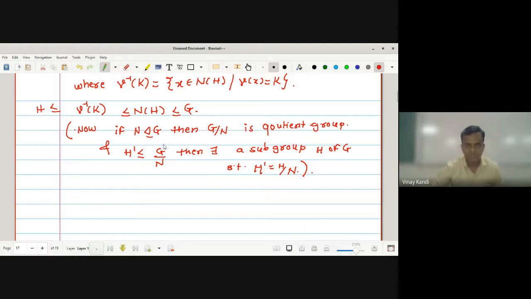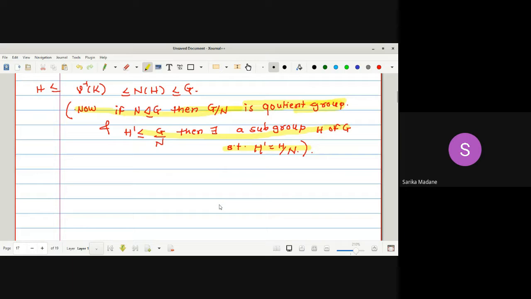Look at here, if N is a subgroup of G, then this G by N is the quotient group. Why? Because N is normal in G. And H dash is a subgroup of G by N. Suppose this H dash is a subgroup of the quotient group G by N. Then such a subgroup exists of G, such that this H dash is equal to H by N. Okay, so using this method here we have